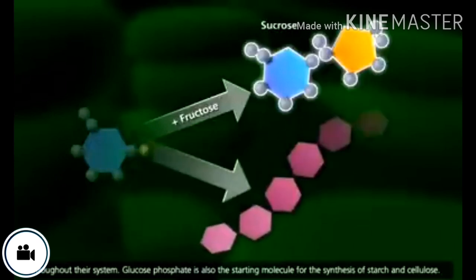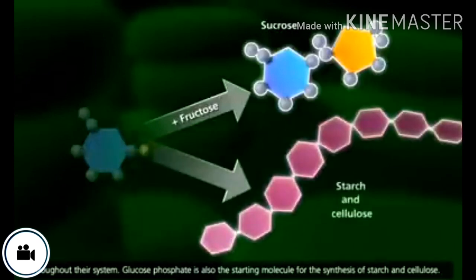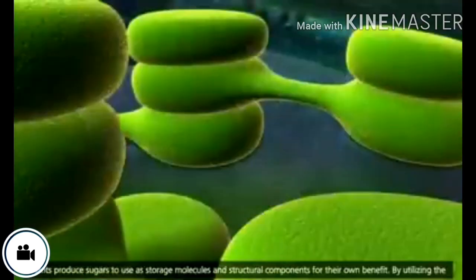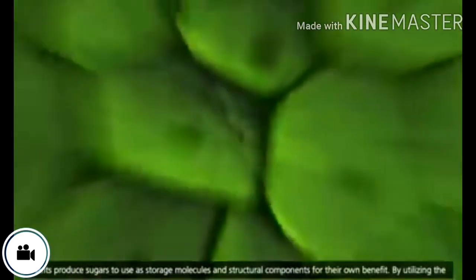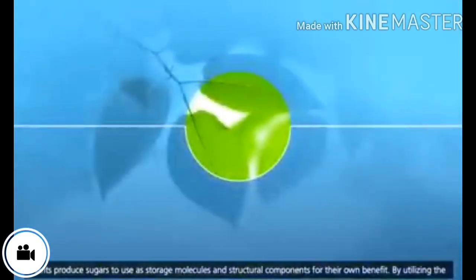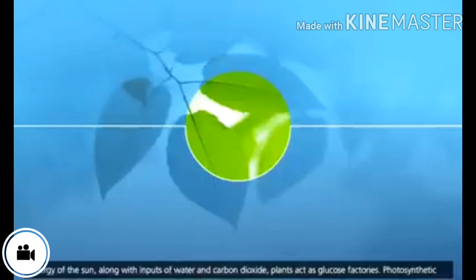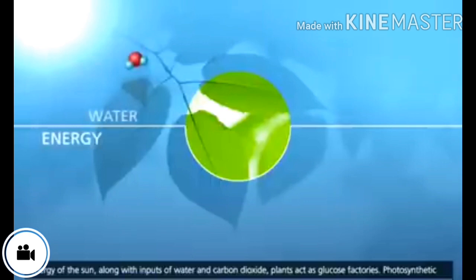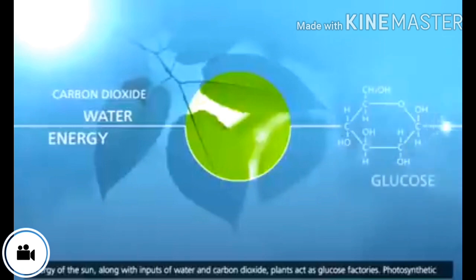Here we see that carbon dioxide, water and energy combine together, enter the plant cell, that is the chloroplast, and form the glucose molecule. In this process oxygen is also a byproduct. Hence the plant is very important for our life because it produces oxygen and we utilize it in the process of respiration. So in this process both the light reactions and the Calvin cycle happen inside the plant cell.